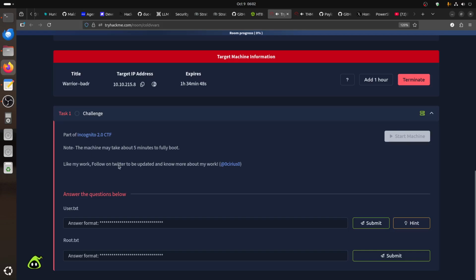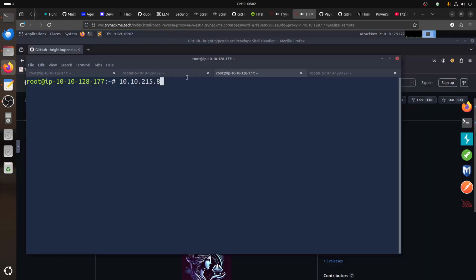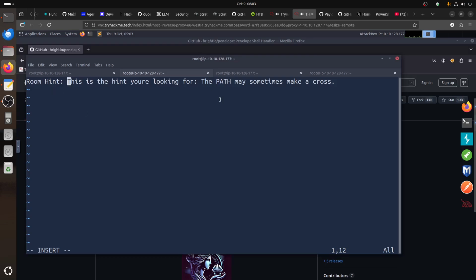The hint of the room says: this is the hint you're looking for. That little AI or tracker makes it pop up. The path may sometimes make a cross, and this is a big hint. So we know the hint, we know the IP of my target machine, so you can do the classic RustScan -a